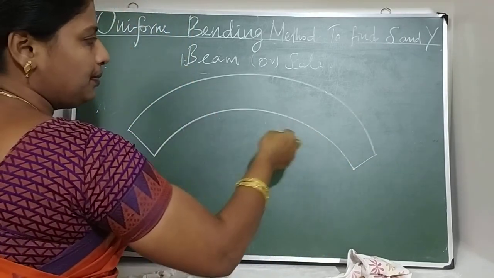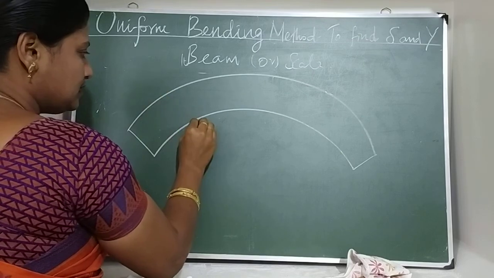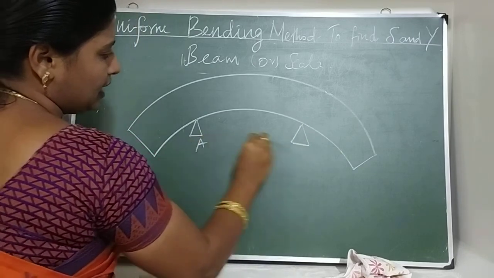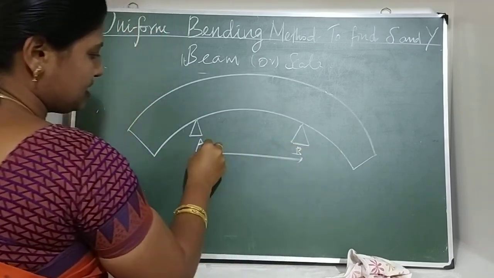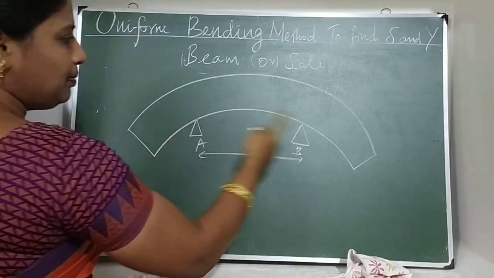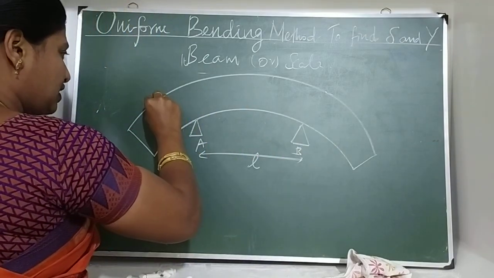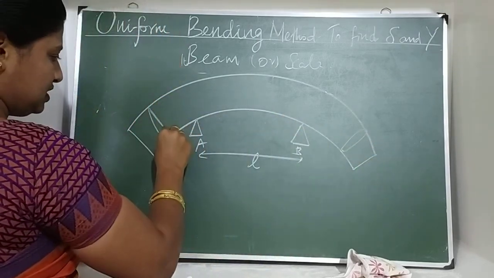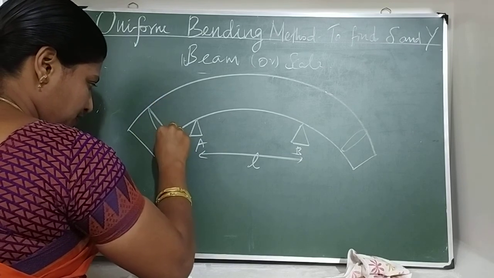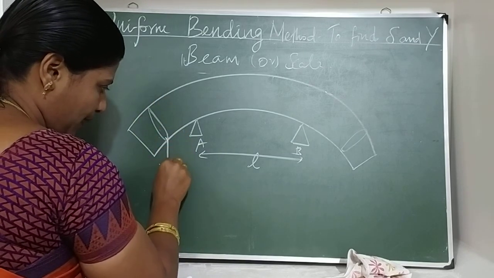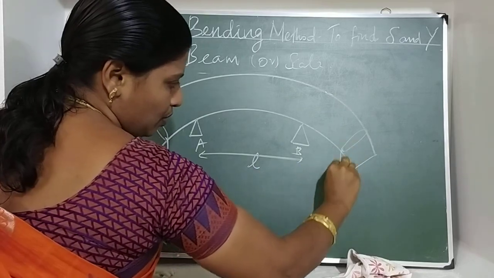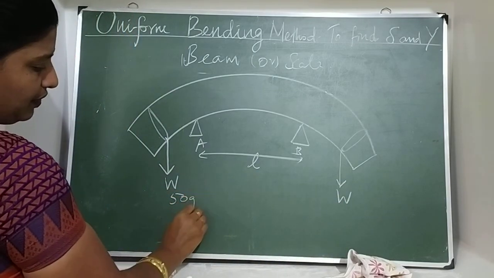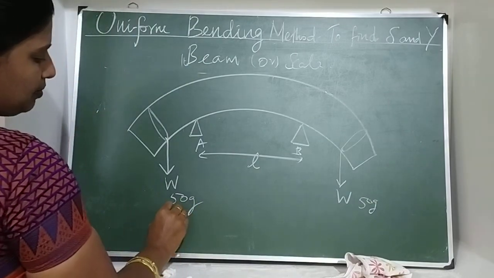This is a rectangular beam with load applied on both sides. The beam is supported on two knife edges A and B. The distance between the two knife edges is L. The beam bends equally on both sides, using a small thread on both sides to stretch it. At this end, a weight hanger is used to apply the load W, on this side and that side, equal load W.